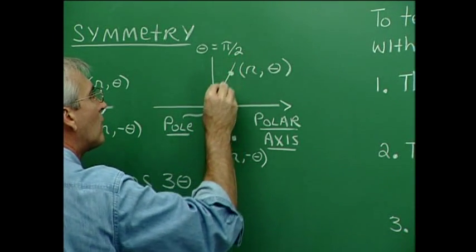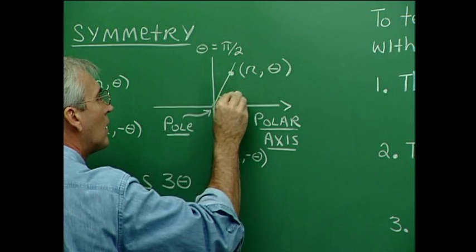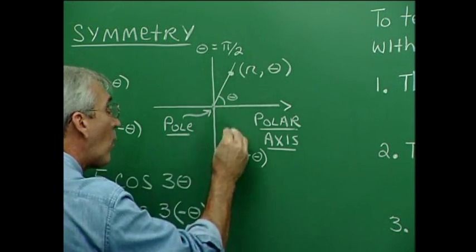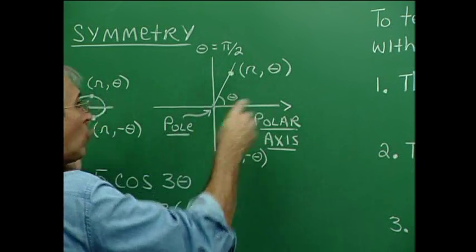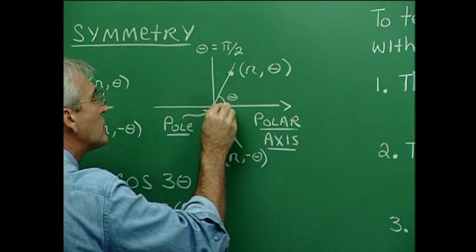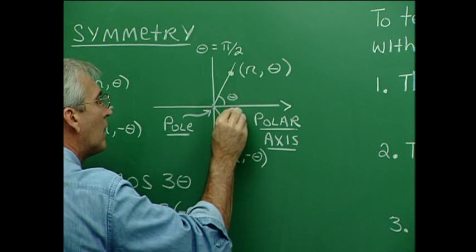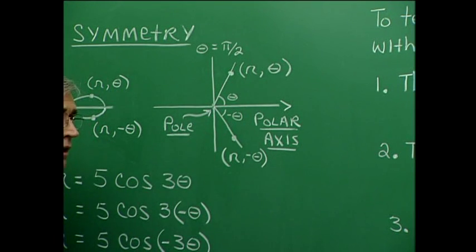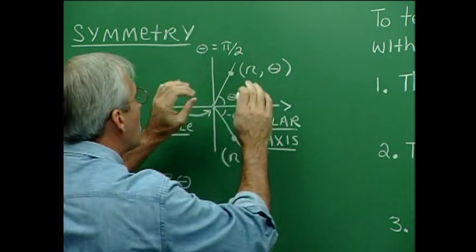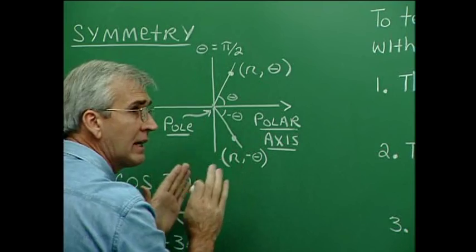So here is our angle theta, and that's our distance r. Well, down here, if we're thinking about a point that reflects in this polar axis, you see, then our angle is negative theta, and our distance is still r. So it's the notion that if (r, theta) is on the graph, then (r, negative theta) is on the graph,